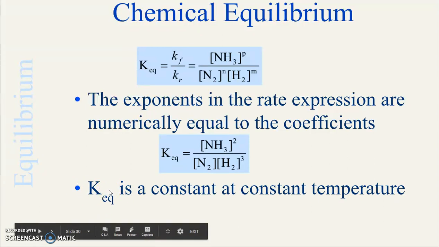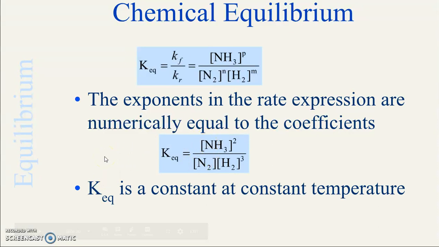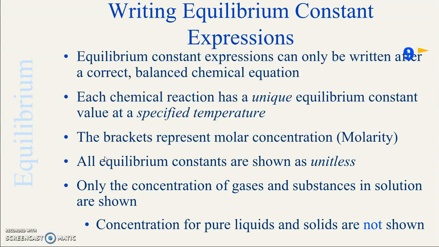Think about that. Temperature can make reactions occur faster or slower. So, of course, that's going to change their equilibrium concentration points. It's going to change where they become that kind of magic balance at. So, writing the equilibrium constant expressions